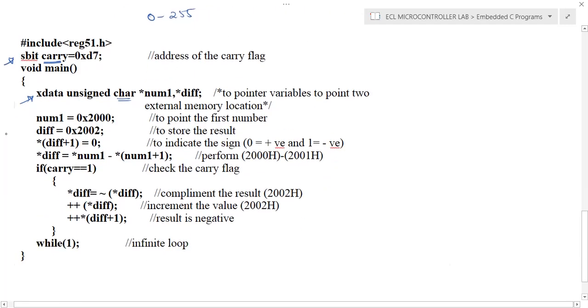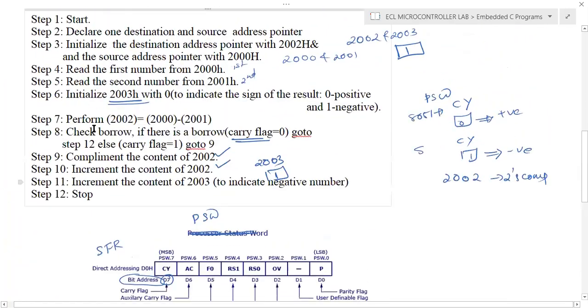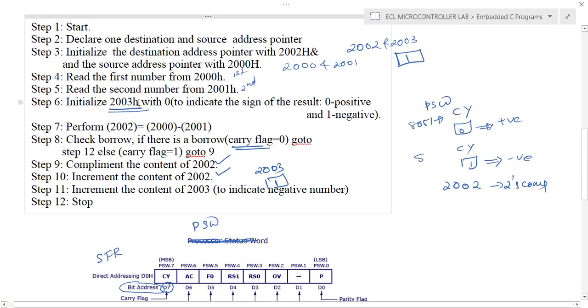And num is actually used to indicate the first number, that is the content of 2000, and 2000H is actually indicated by 0x2000. So we already discussed all these points, and the pointer difference is actually used to indicate the result, that is 2002H.